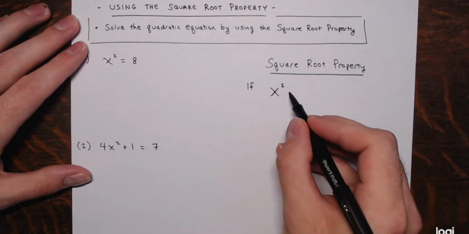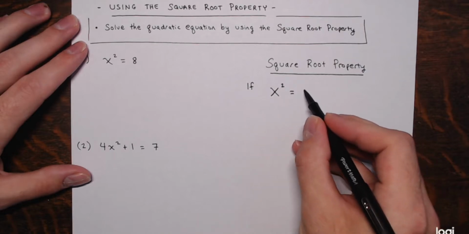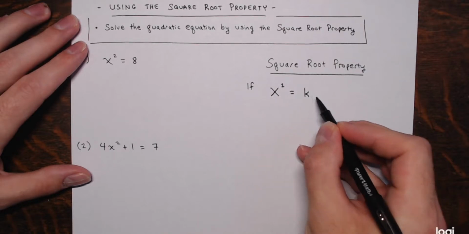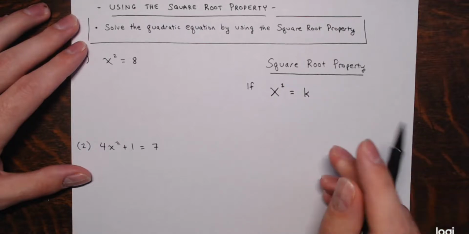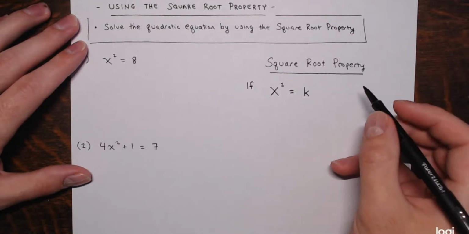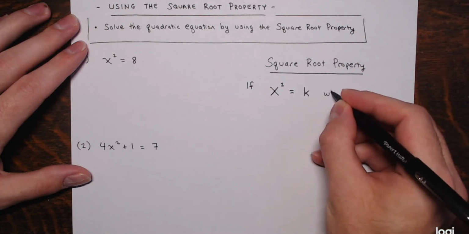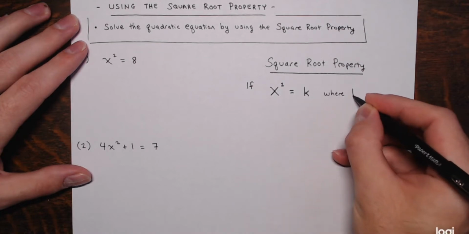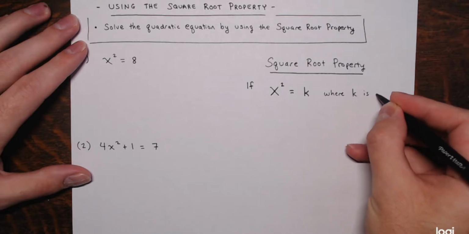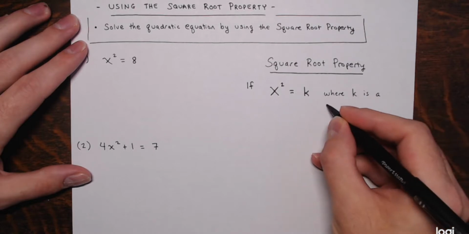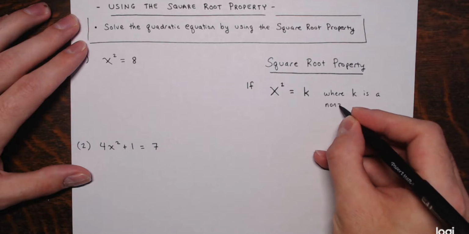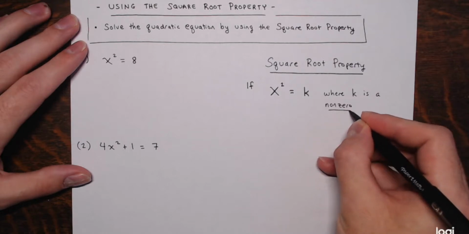Squared equals, and then over here just the letter K, where K is a non-zero constant. If X squared equals K, where K is a non-zero real number,